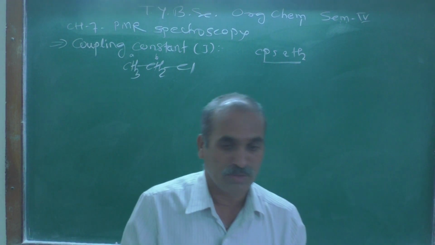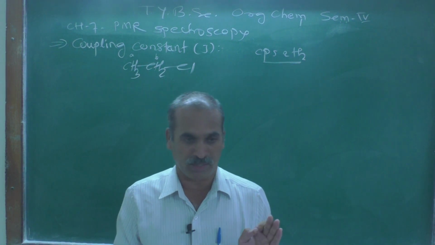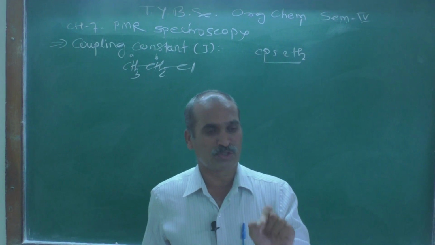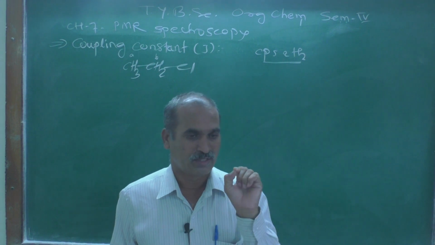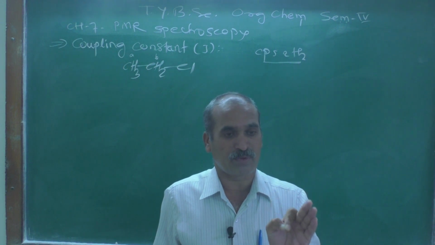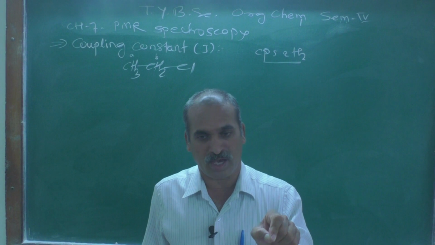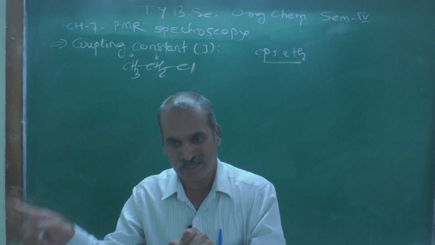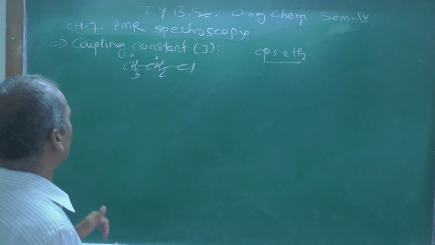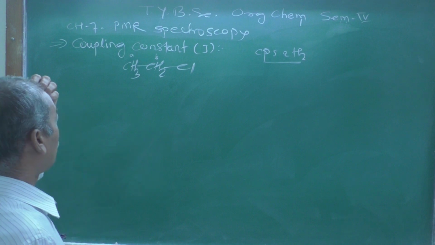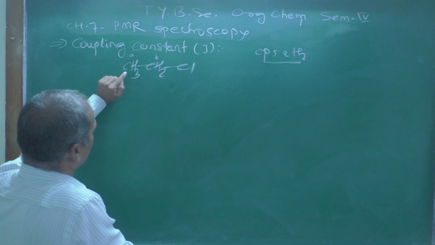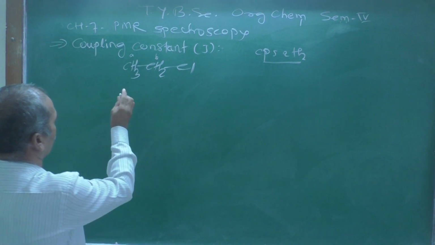And we know that the multiplicity of the peak is very useful in the elucidation of the structure of the compound or the molecule, because it directly provides the number of protons present on the adjacent carbon atom, and from that we can find it out. And now here look at this, if you see this peak, it gets split.